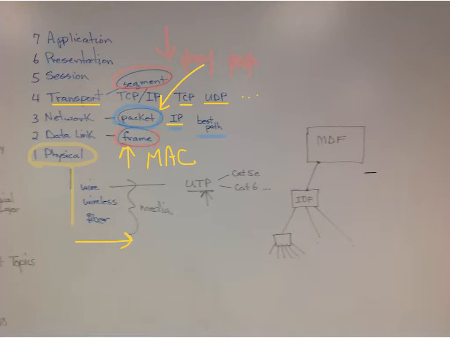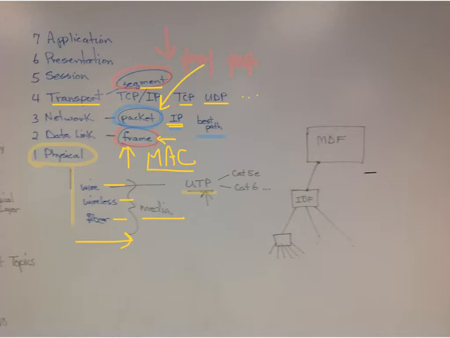We send the segment down. The IP address gets added, it creates a packet. And then it moves down, gets a MAC address. Now we have a frame, and that frame can go on to the medium, whatever type of media it is. We send it through a wire, in the air, or through fiber optic. So that led us to start talking about